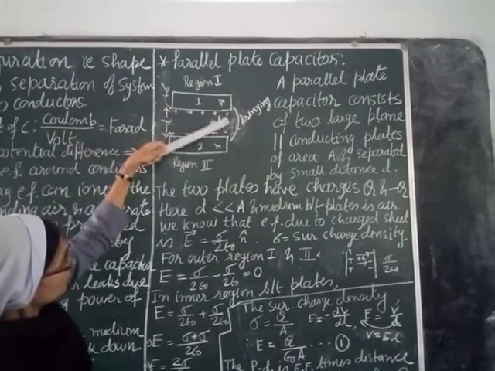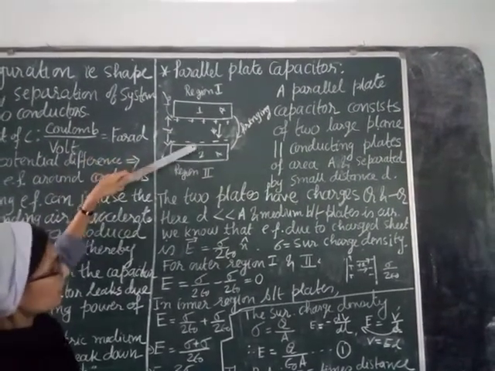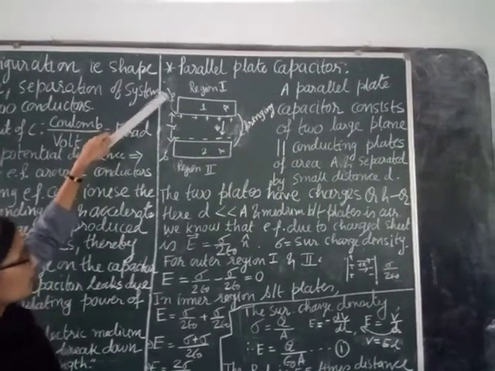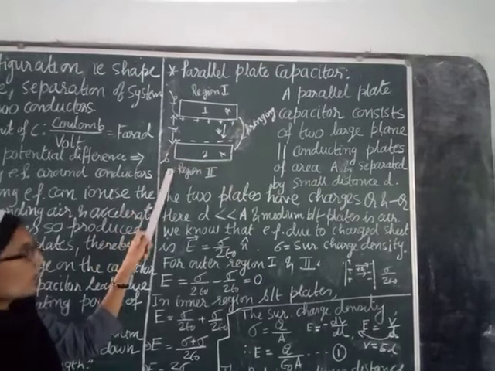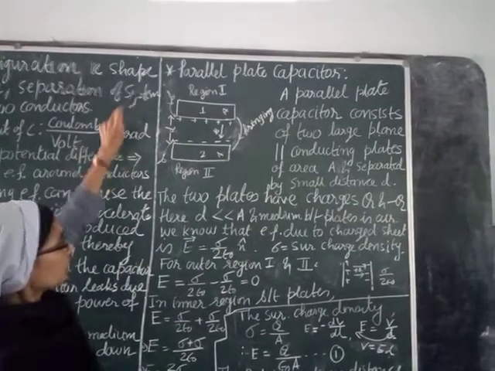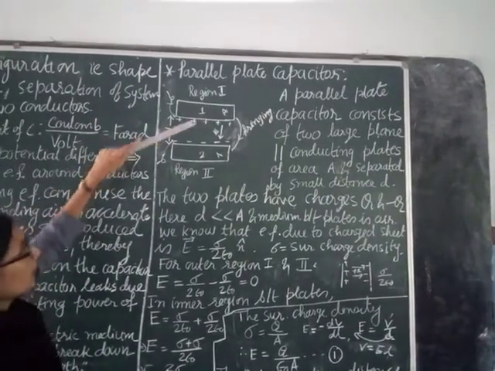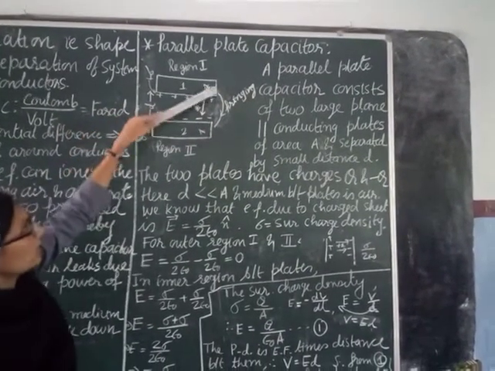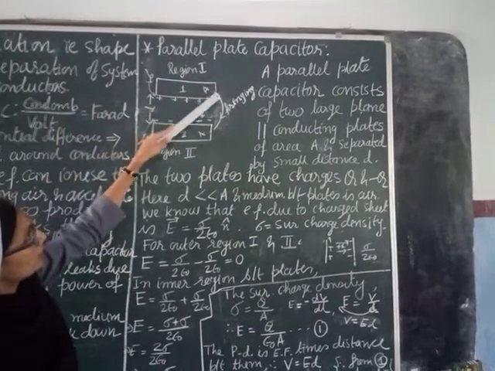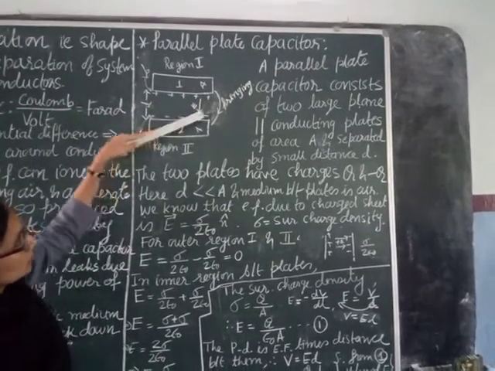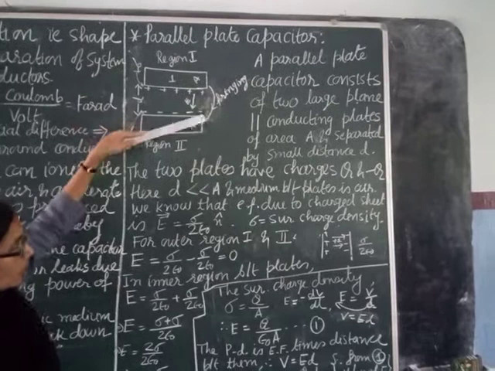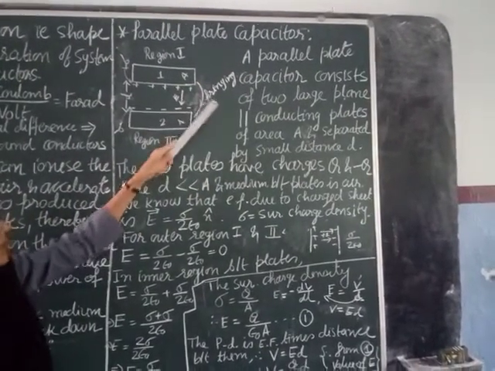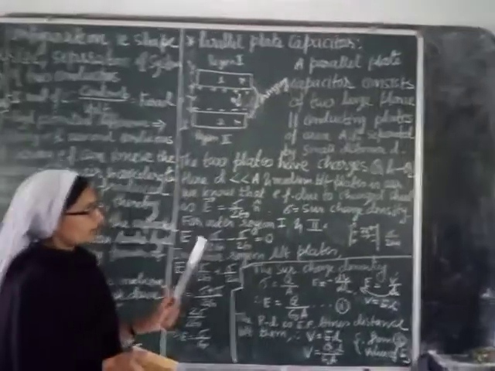The charge on one plate is positive, and the charge on the second plate is negative. So the surface charge density for plate 1 will be plus sigma, and for the second plate minus sigma. This region I call region 1, this region I call region 2. The electric field will be from positive to negative, so this is the direction of the electric field. Now at the corners, on both sides, the electric field will bend like this. This bending of the electric field at the corners is called fringing of the electric field lines.